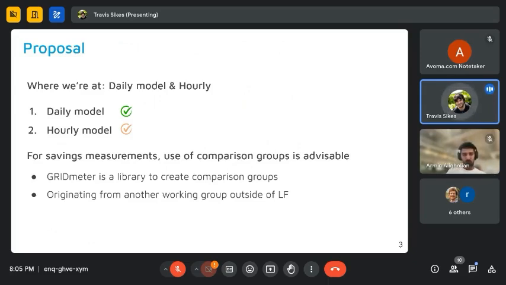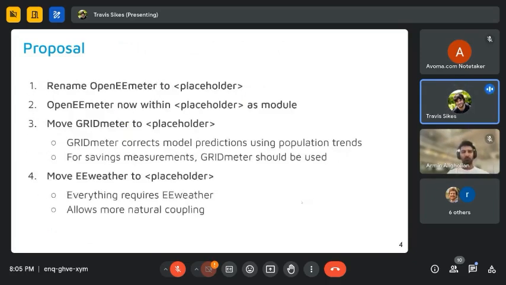Now, GridMeter is a library whose entire purpose is to generate comparison groups. And it originates from another working group outside of the Linux Foundation Energy. So what we are proposing is for Recurve to donate GridMeter to OpenEEmeter.